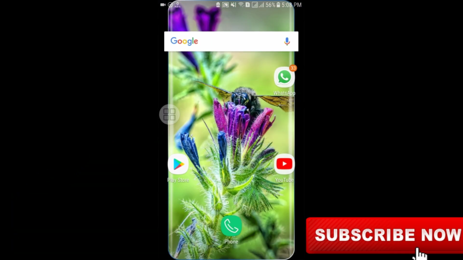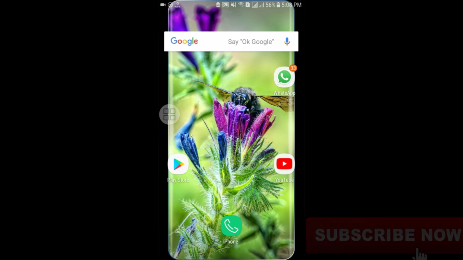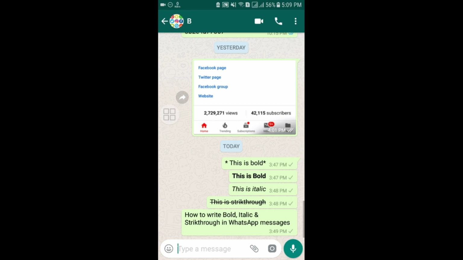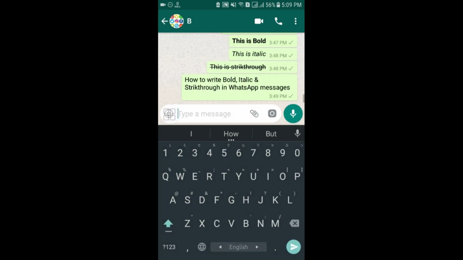So let's start. First of all, you will have to go to any of your WhatsApp messages or Messenger or anywhere else. So let me do it. Suppose I want to send a letter in bold. So for that, suppose I want to type I love you,